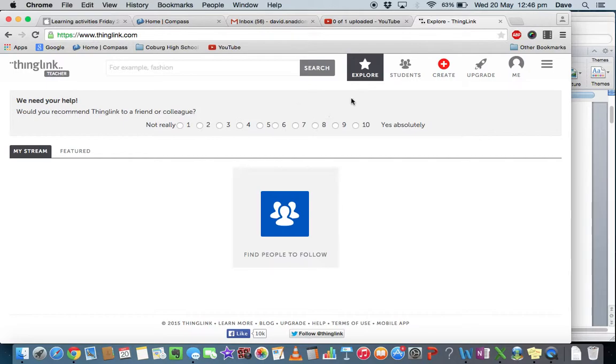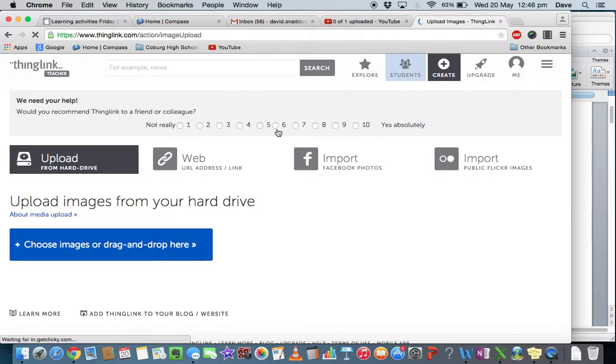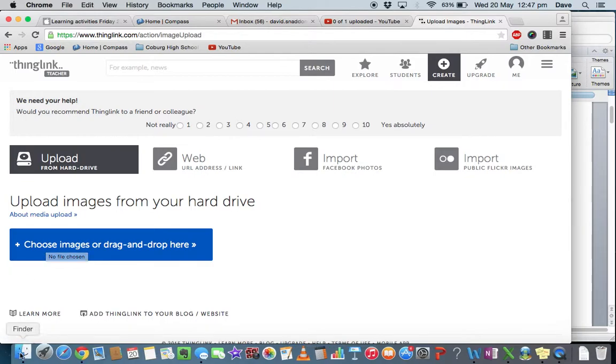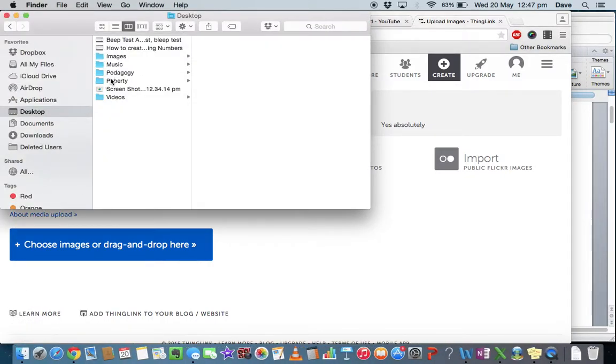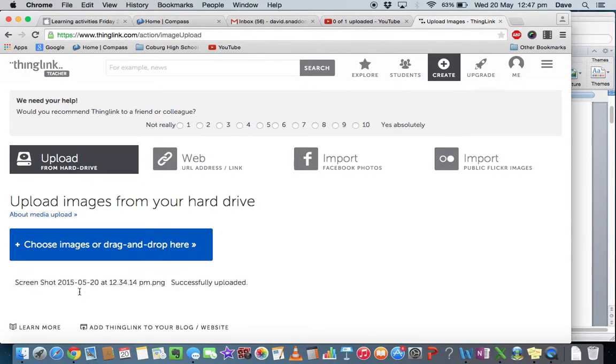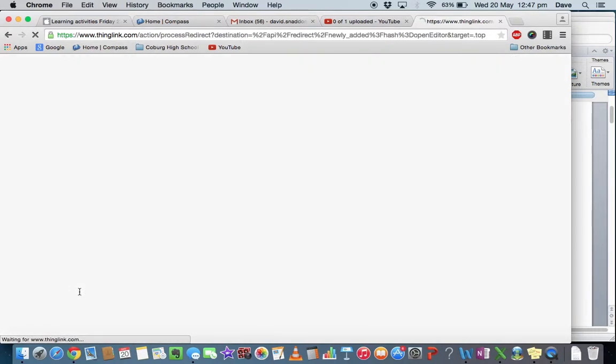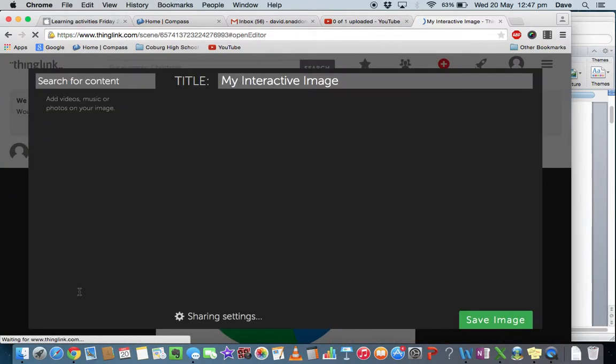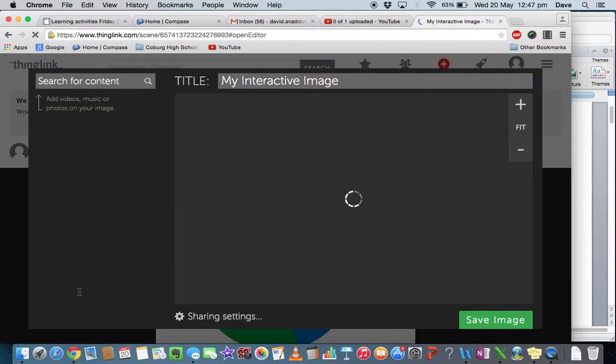Okay, let's have a look at how to create a ThingLink. So we're going to click on that create button there, and essentially what we do is we get an image and we make it interactive. So I've got an image that I've created previously. It was a screenshot of a graph that I'd made in Numbers that you may have seen in the previous video. I just drag and drop it, and it's being inserted into here. And now I can make it into a ThingLink. And what happens now is that my graph comes up here,